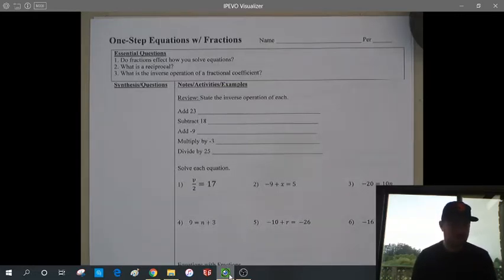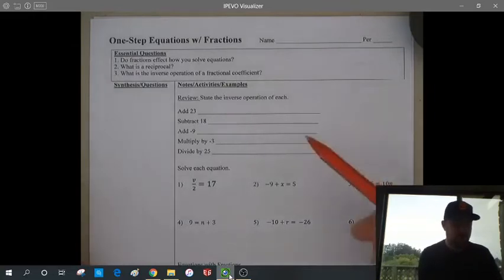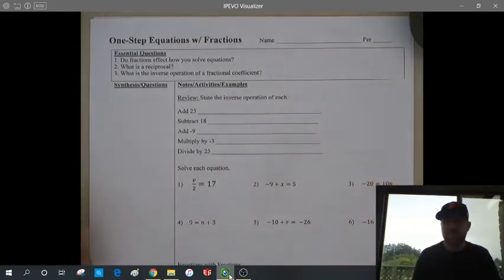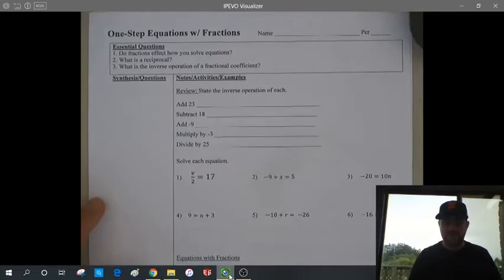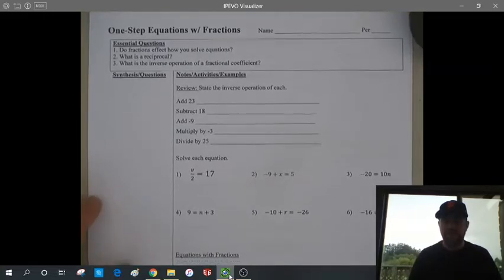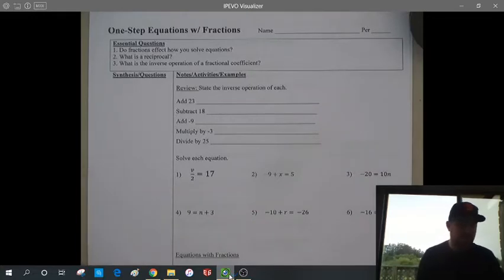So starting off, a little bit of review just about how we solve an equation, to slowly jump back into things. We'll state the inverse operation of each, because remember when we solve equations we're going to be using those inverse operations to undo the operations that are in the equation, and then get the variable isolated or by itself so we can find out what its value is. So starting off, stating the inverse operation here: adding 23, the inverse operation would be